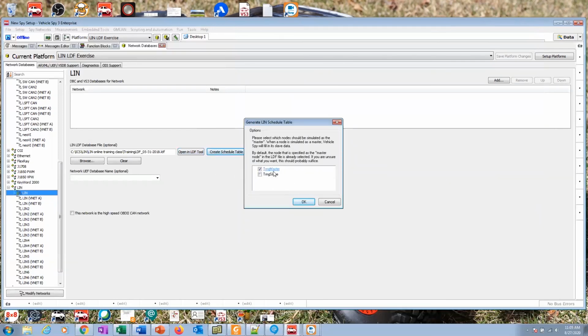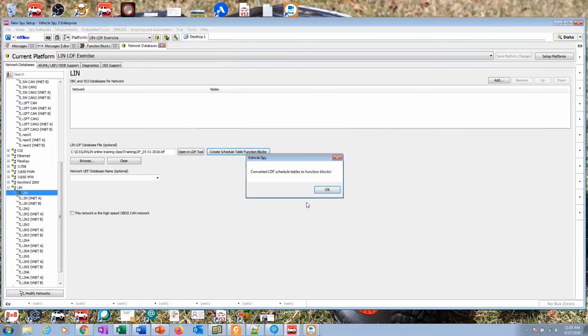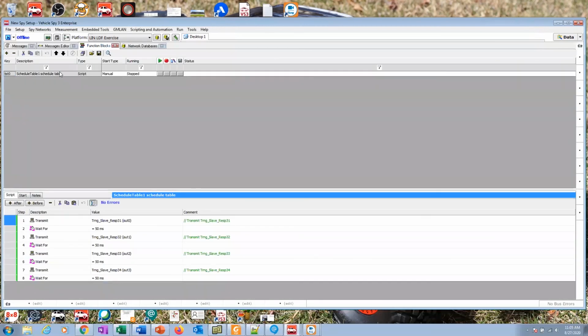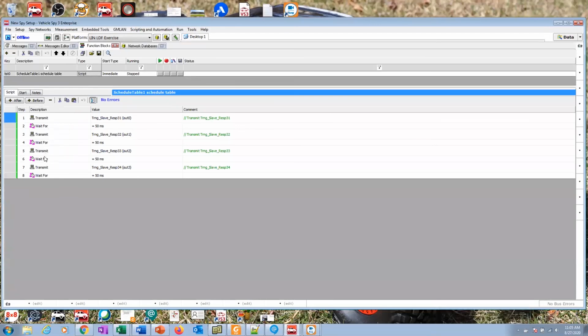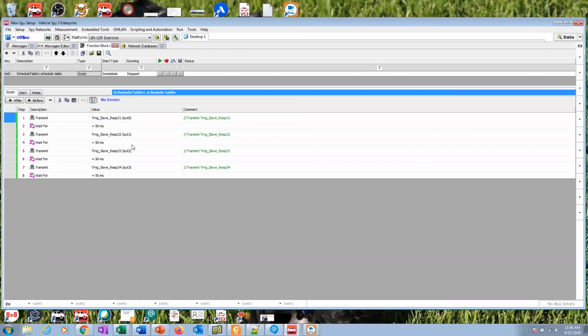And we'll default to training master. Those are the 2 nodes in the LDF file, and it says it was created. Now if I go to function block, here is the name. It defaults to schedule table 1, and then it's manual. So you have to change this to immediate in order for it to start automatically. Click off of it. And then if I bring this up, there are the 4 transmit messages with a 50 millisecond delay between messages. Okay, and if I run this,